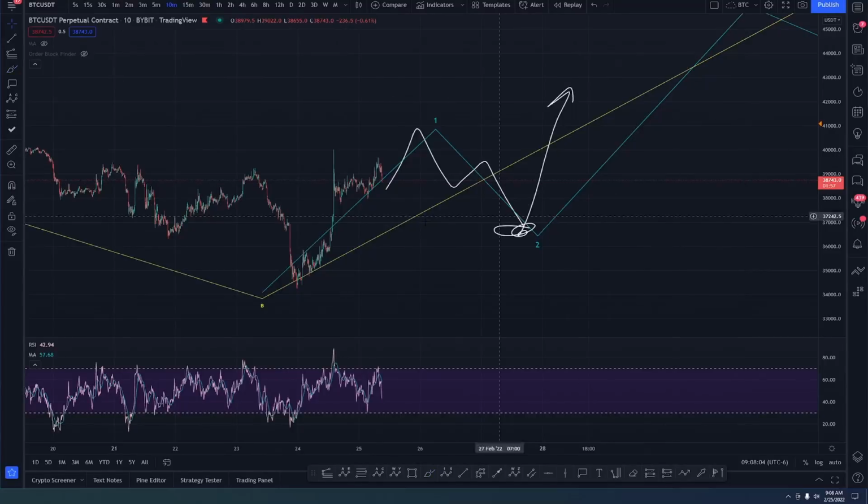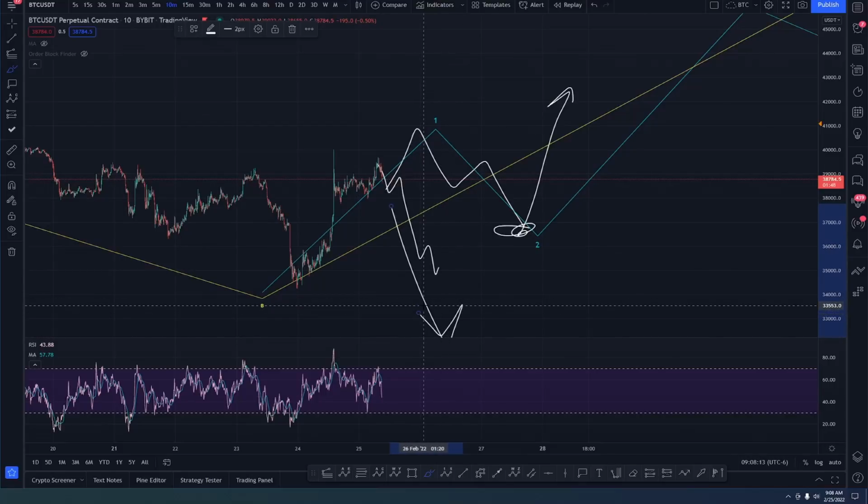Now, if it's simply, let me go back to small time frame. There we go. Sorry about that. If it simply starts impulsing down from here, that means we get a move down, we get a pullback and continuation. Then, guys, we're looking at 25K range. We're looking at that 28, 30. We're looking at 30K and then 28, and then from there we'll see what the wave does.